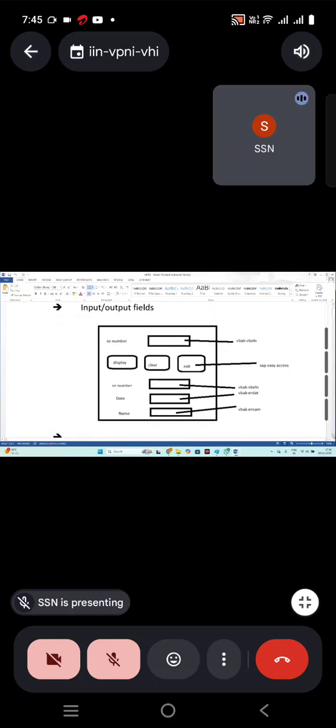In this, I have an input output field where they are going to give the VBELN, meaning the sales order number. When they click on display, it needs to display the sales order number, date, name and all in the lower input output fields. It is called input output fields because we can give the input and we can see the output also in that. That's the reason these are called input output fields. And these are called the push buttons.